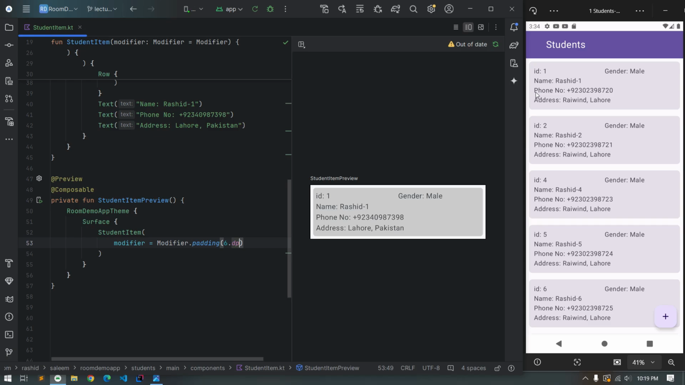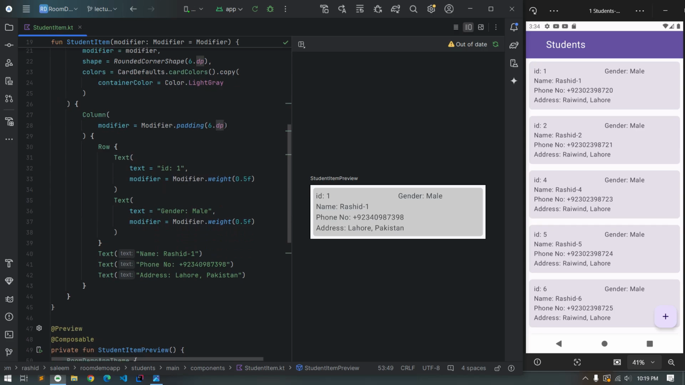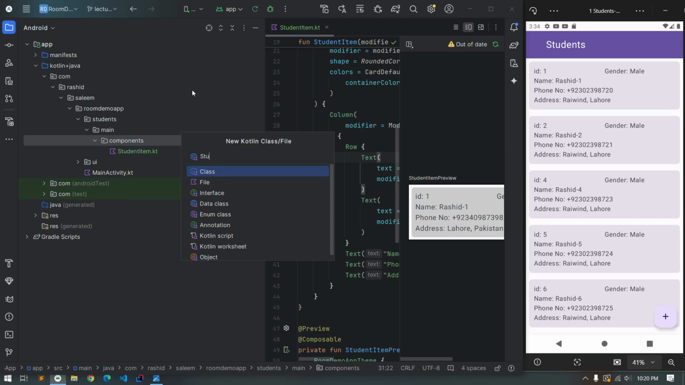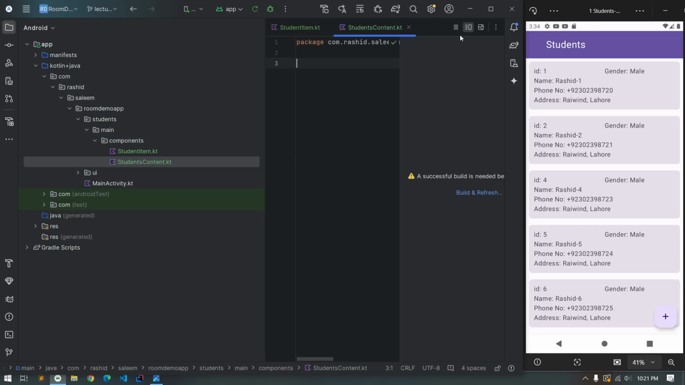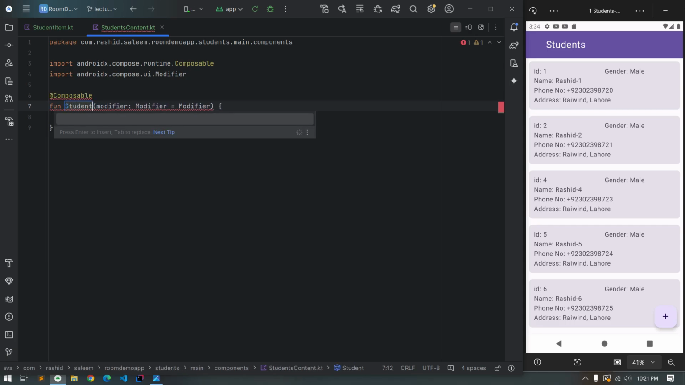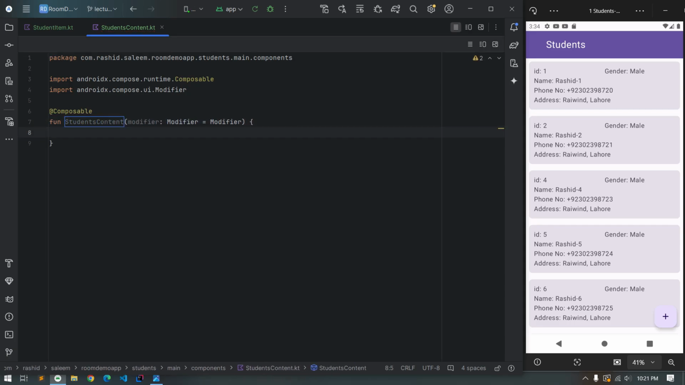So let's increase the padding of this section a little bit. Currently it is 6, so we will increase it to 8. Yeah, that's it. That's good. Now we need to show the items in listing. So for that we will create another file named students content, and in that we will create a composable named students content, and to show the listing in compose we have